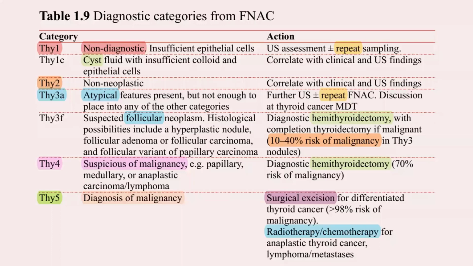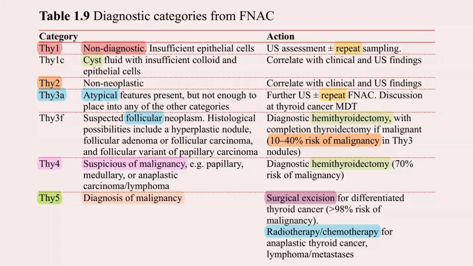For example, each year they ask, if you have a case presented by thyroid nodule, and after doing fine needle aspiration cytology, it reports Thy 3f, what is the next step? In this situation, you need to know that for Thy 3f, you need to do diagnostic hemithyroidectomy because the risk of malignancy is about 10 to 40%. And actually, in the previous exam, they asked about what is the risk of malignancy in specific Thy categories. And usually they ask about the risk of malignancy in Thy 3f. So don't forget that Thy 1 is non-diagnostic.